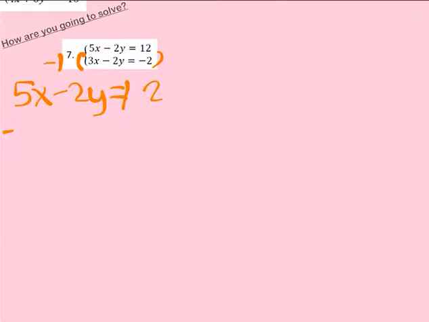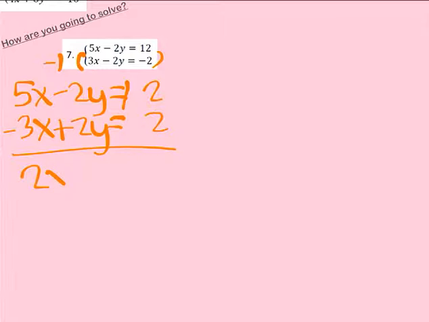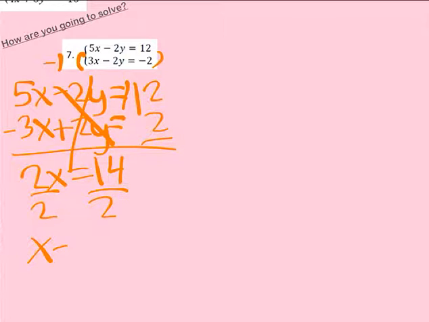And then -3x plus 2y is equal to a positive 2 when I multiply that -1 all the way through, excuse me. So 5x minus 3x is going to give me 2x, and my 2y's are going to cancel out, and 12 plus 2 is going to give me 14. Then to solve for x, I need to divide both sides by 2, and I get that x is equal